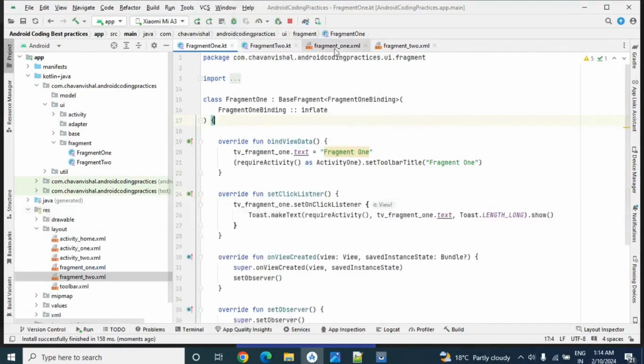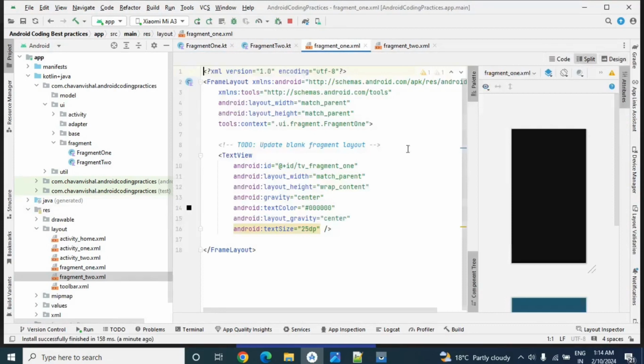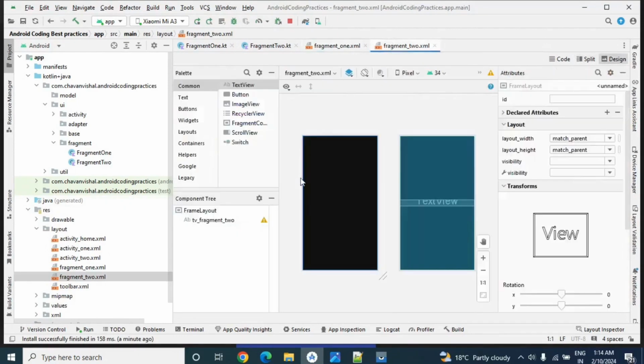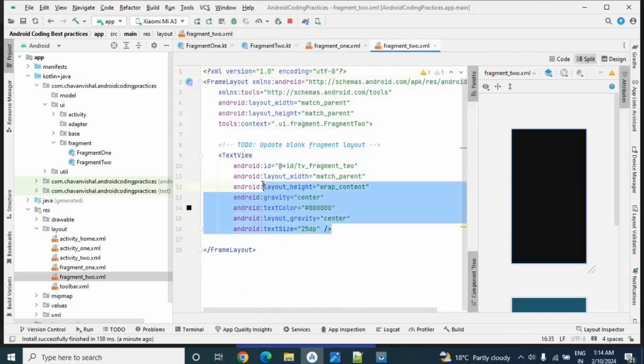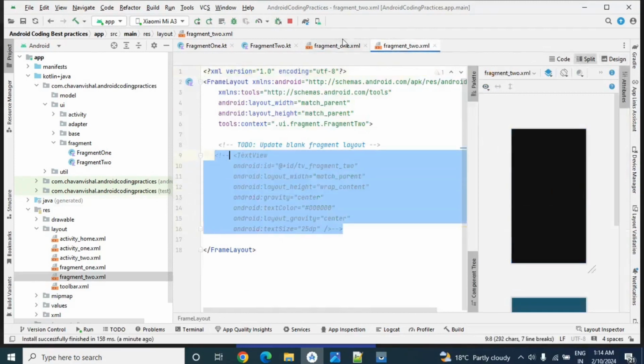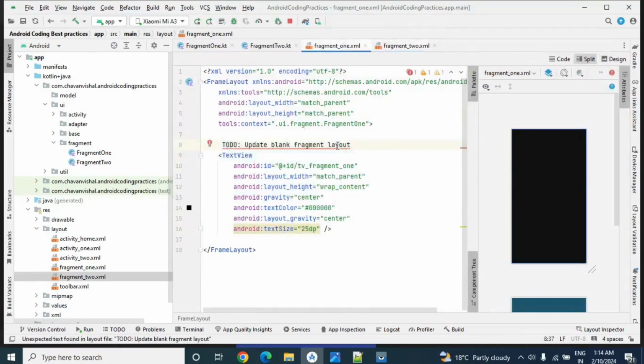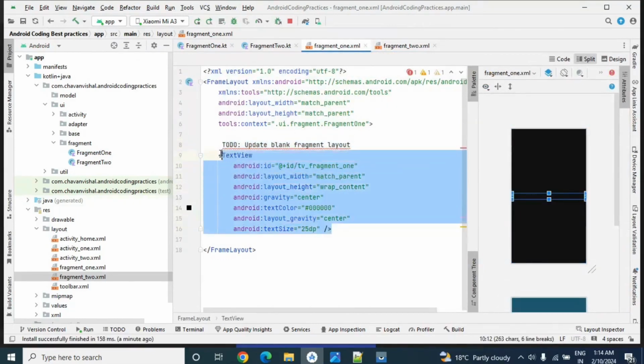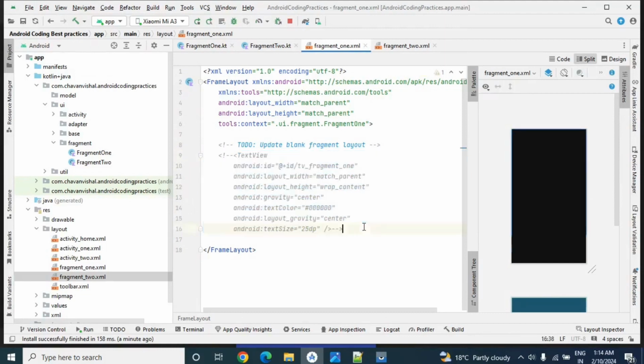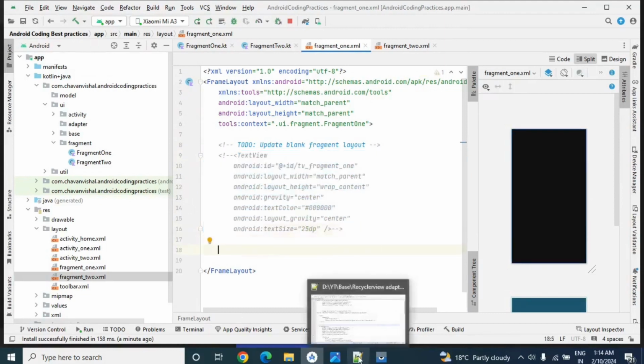So first what we will do, let's go to first XML file. This is our fragment 1 XML file. So first of all here we will add recycler view. Okay, so let's comment out it first. So I have commented out this text view. Okay, and this one also. Okay, now let's add recycler view.